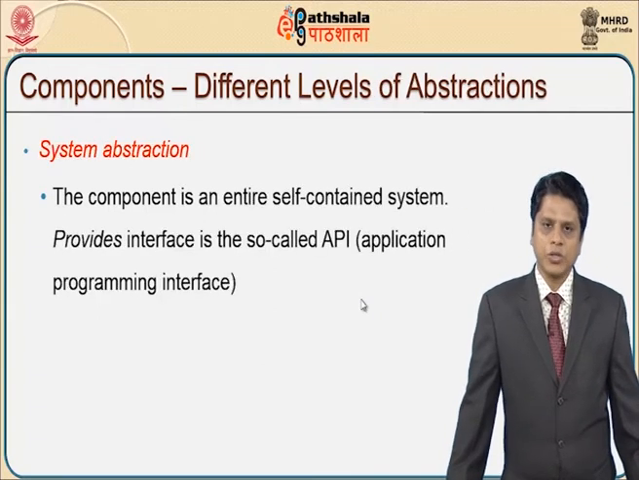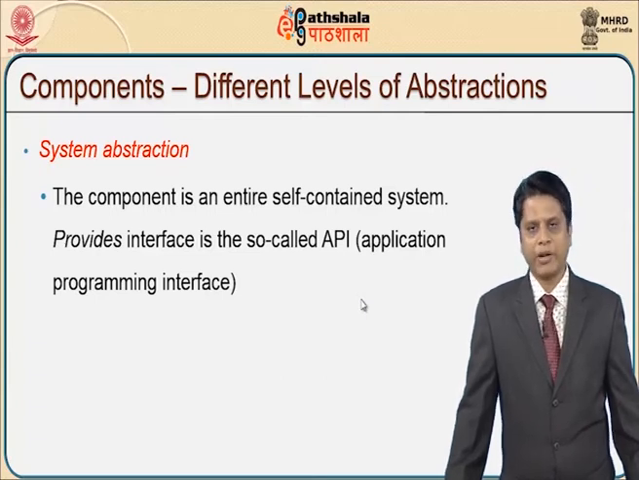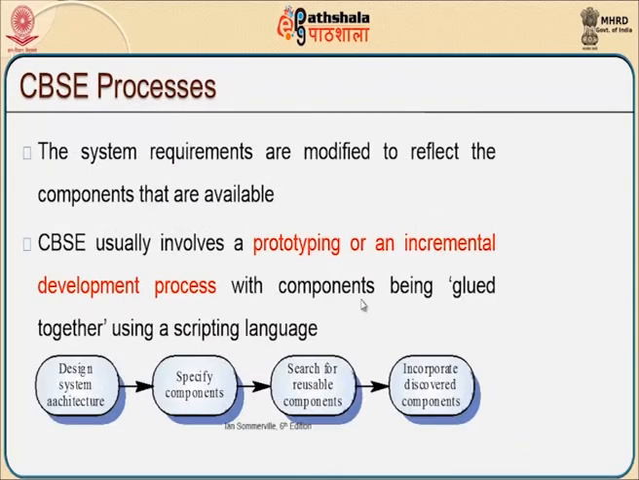Different levels of abstraction also include system abstraction, where the component is an entire self-contained system that provides an interface, a so-called application programmer interface. Some of the very well known component-based software engineering processes include system requirements modified to reflect components that are available, usually involving a prototyping or an incremental development process with components being glued together using a scripting language. So we start from designing the system architecture, we specify what components are required, we search for reusable components,